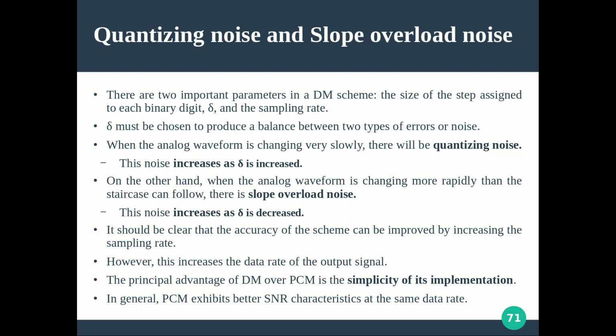But if you look at the signal to noise ratio, the noise is somewhat more here. We saw 2 types of noise, quantizing noise and slope overload. Because of that, the signal to noise ratio of PCM is better compared to delta modulation. The signal to noise ratio being better means noise is less and the signal quality is more. So that is one advantage of PCM, but at the same time the simplicity is what makes delta modulation attractive.